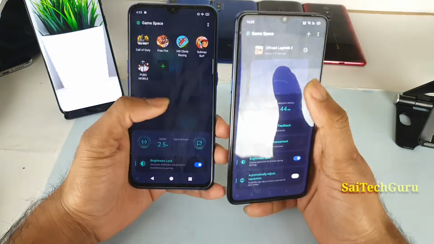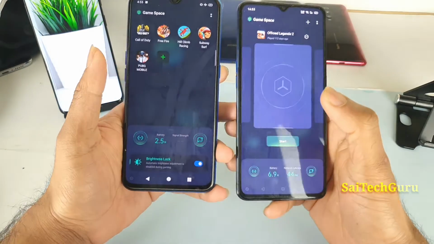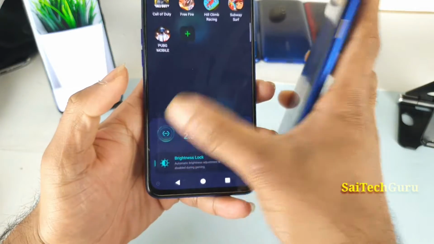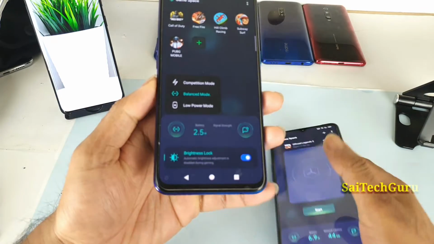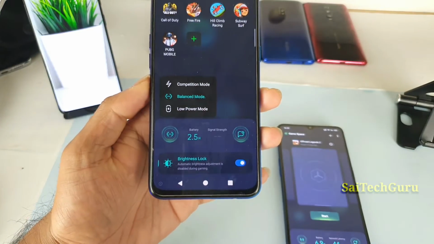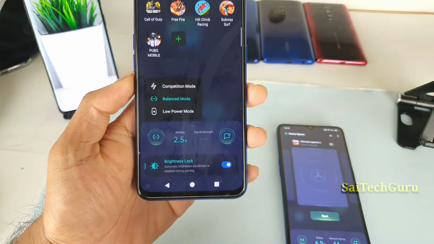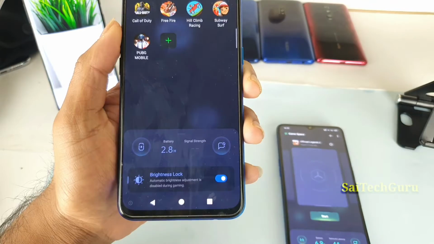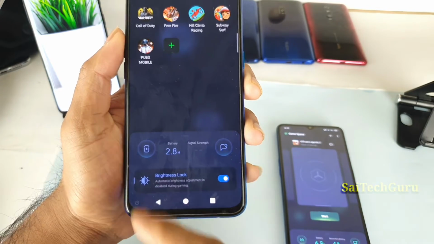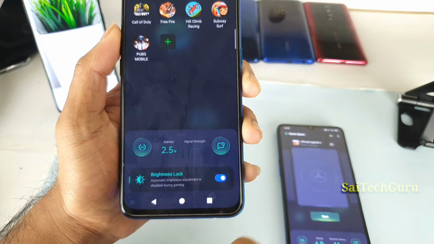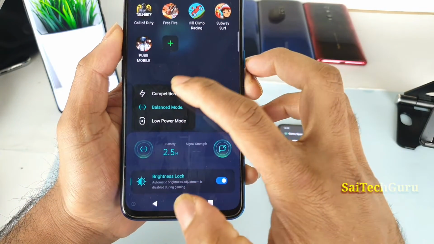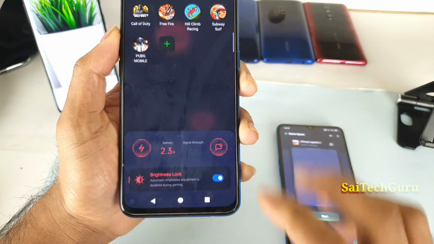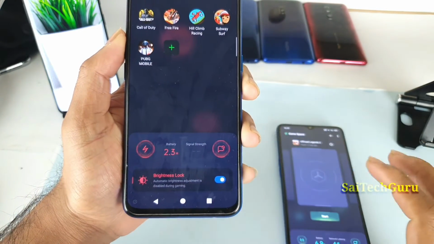This is just a side-by-side comparison explaining what features are missing in the Realme X2. One thing is that if you tap on this circle on the left side, you'll get three different modes: low power mode, balanced mode, and competition mode. If you select the low power mode, it will try to increase the battery life while you're playing any game. If you choose the balanced mode, as you can see, the hours decrease. And if you choose the competition mode, as you can see, friends, 2.3, which will use all the RAM memory while playing this kind of games.